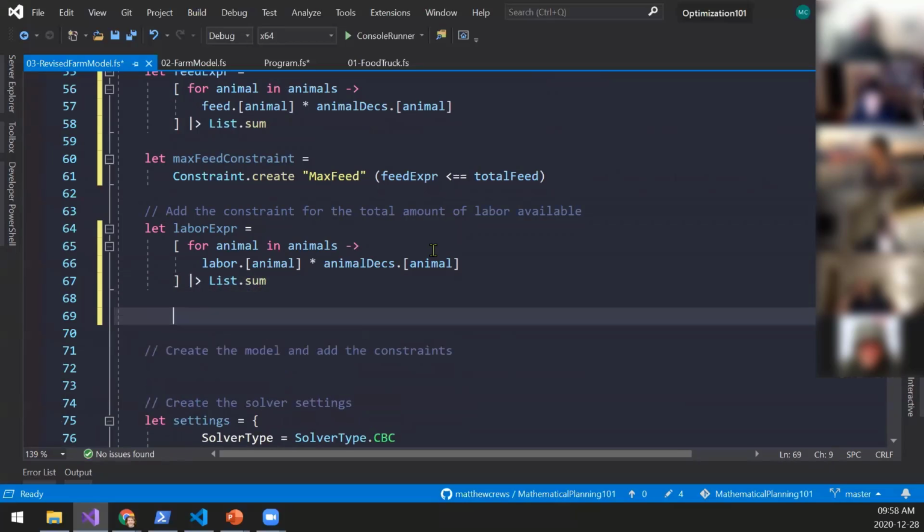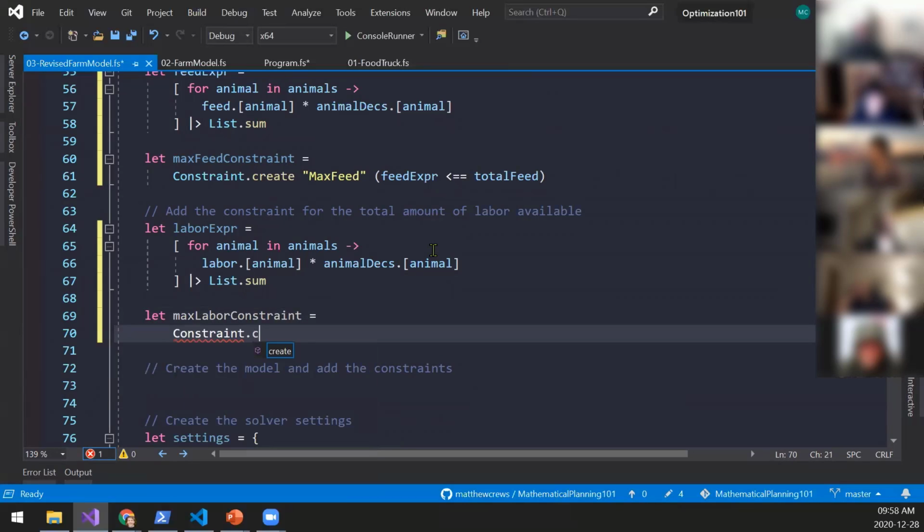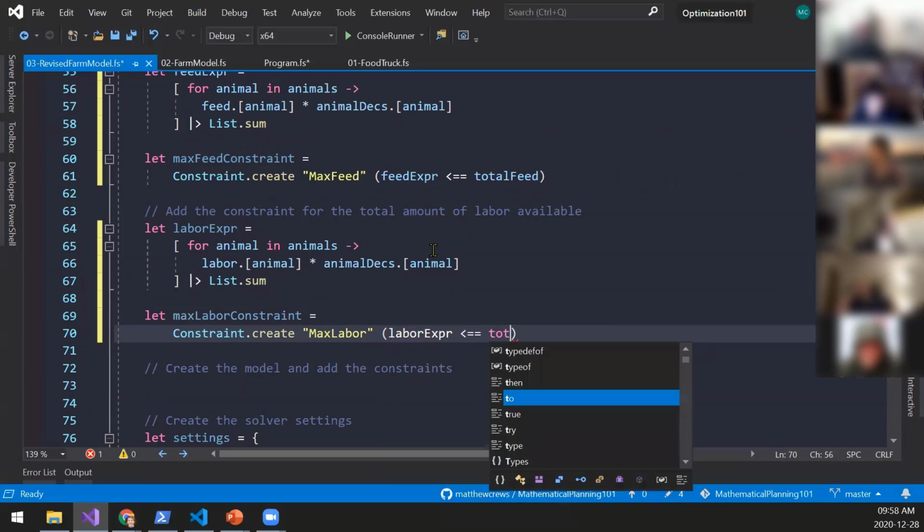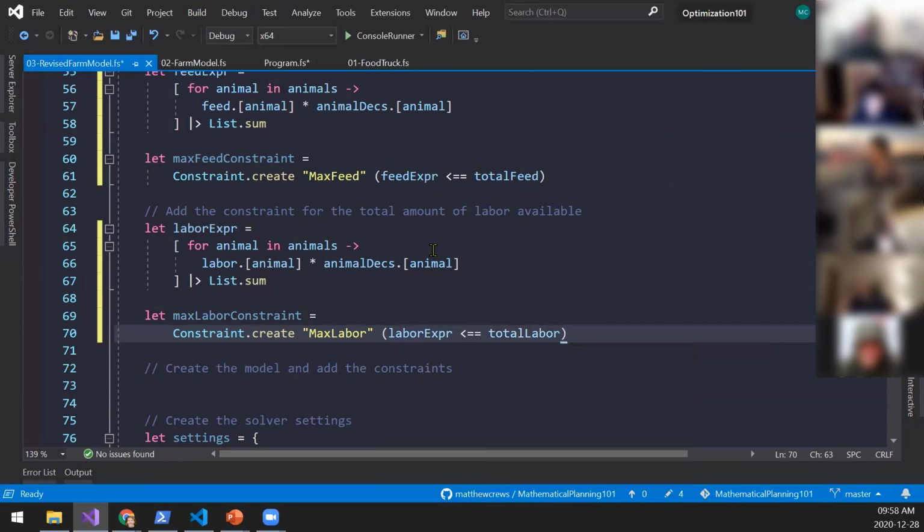Seriously, I do want to sum it up. And then max labor constraint. Constraint, create max labor expression less than or equal to total labor.